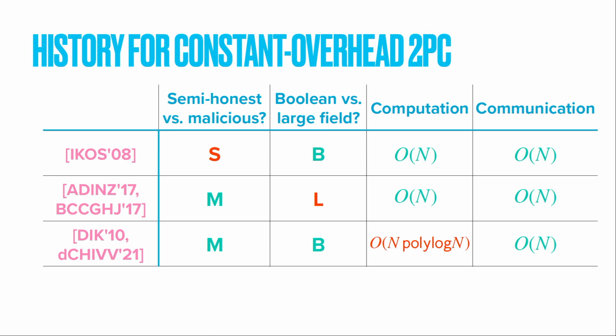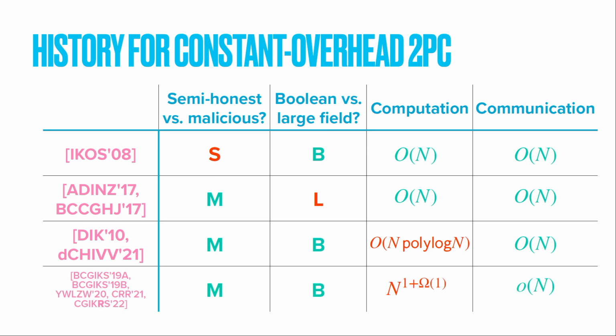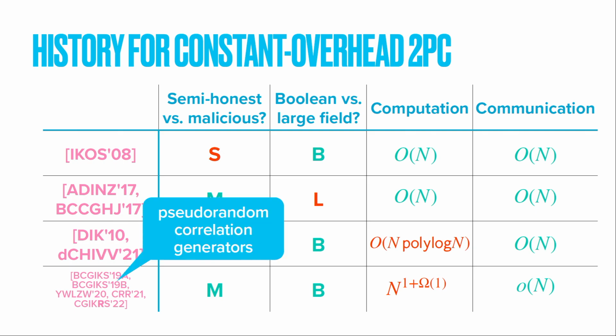Okay? Now, I'd also like to mention some other works which achieve, in some sense, worse computation. The best results right now achieve sort of polynomial computational overhead. But the communication, I'll point out, is actually sublinear in n, so that's kind of interesting. And this line of work is based on so-called pseudo-random correlation generators. And part of the main reason I wanted to introduce this bottom row of this table here is because this is the sort of framework that our result fits into.